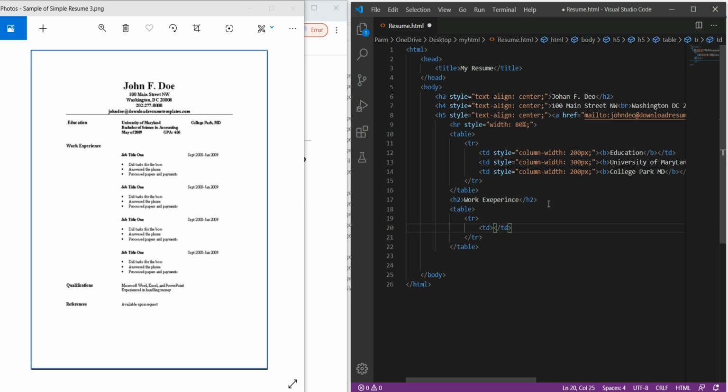Here we see in the table data the first it is written as job title 1.